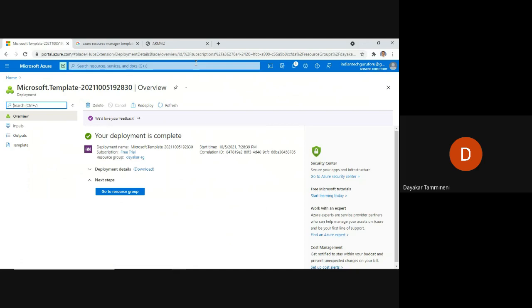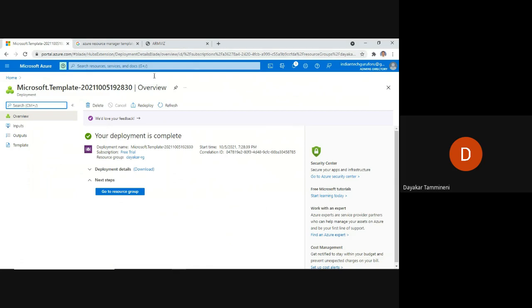What are the two CLI scriptings we have already seen? One is bash shell, another one is PowerShell. These two are the cloud shells we have already come across.